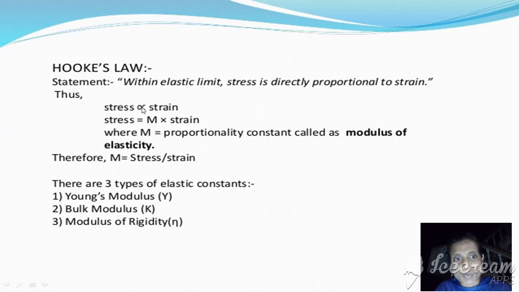If we replace the proportionality, then we get m. It is a constant because we are referring to the constant in elasticity, so it is called the modulus of elasticity. This is the formula. If you take m, then strain goes to the left-hand side, and stress is already there, so m is stress by strain. This is the formula for the